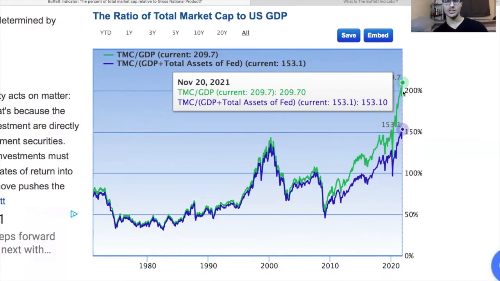So it's almost just laughable at how crazy this figure has gotten. Now, a lot of people might be saying, well, the Federal Reserve is inflating the stock market, they're printing money and all that. Well, even if you account for all the Federal Reserve's intervention in the last